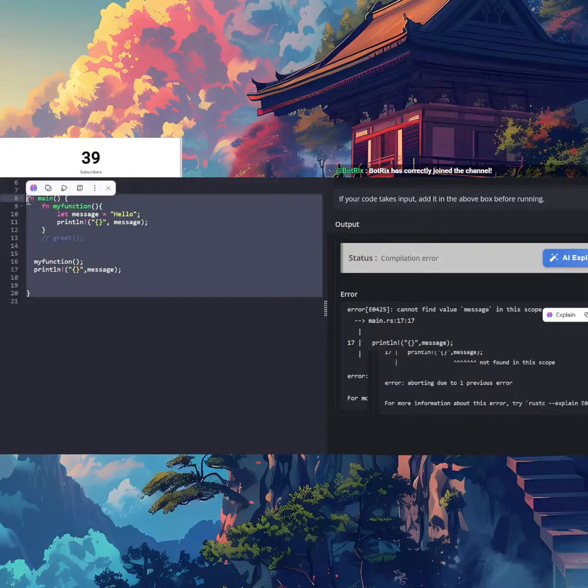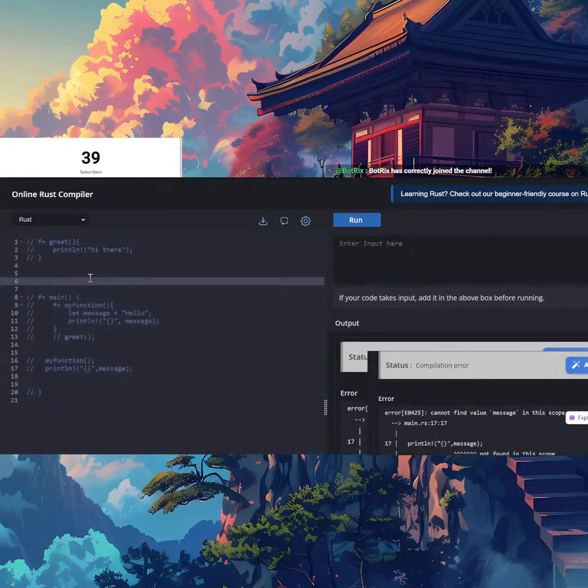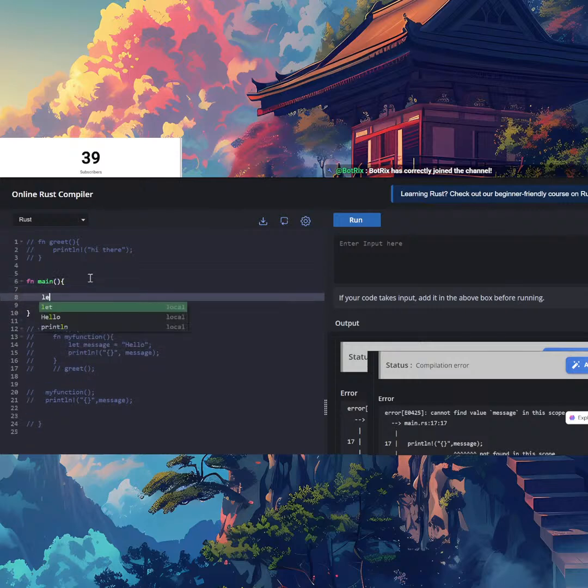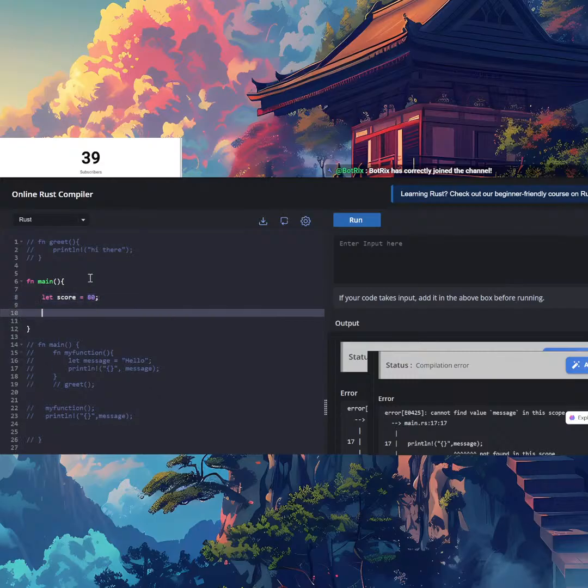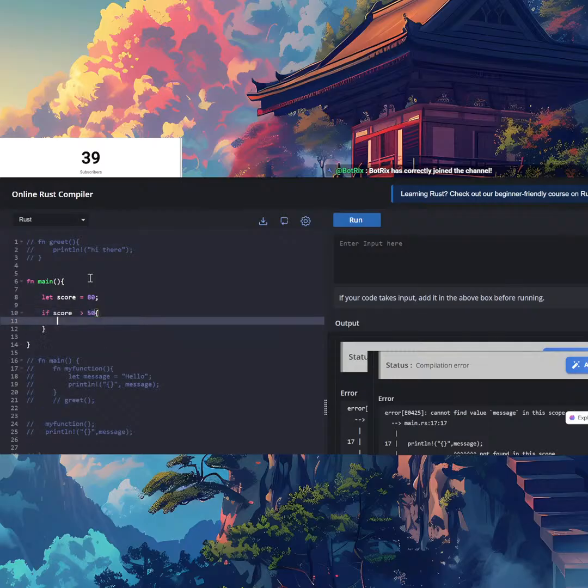So you go back and just put fn and score. Oh, sorry, forgot about the main. So fn main, the brackets, and then let score equal to 80, and if score is greater than 50, then let result equal pass.